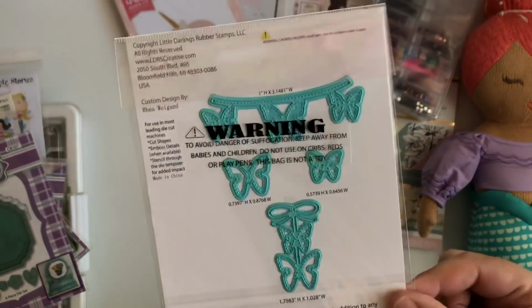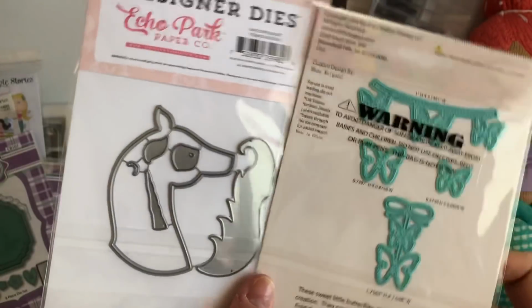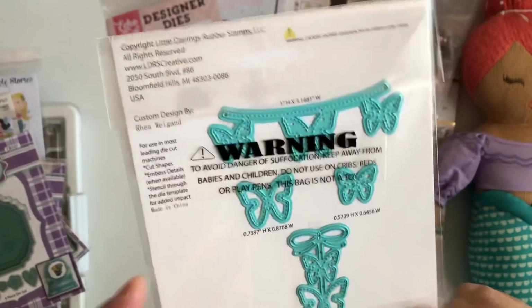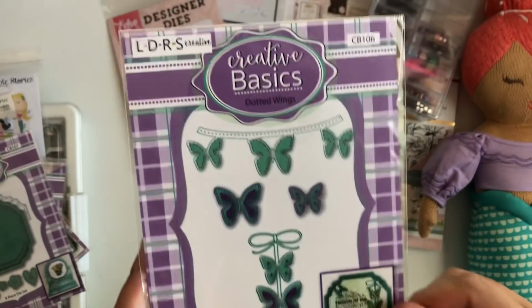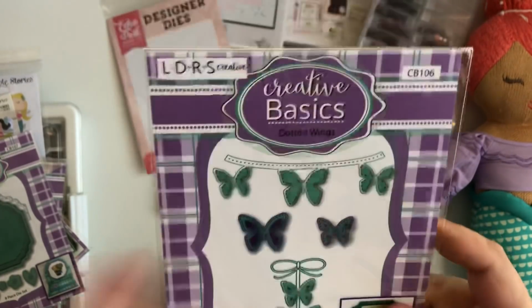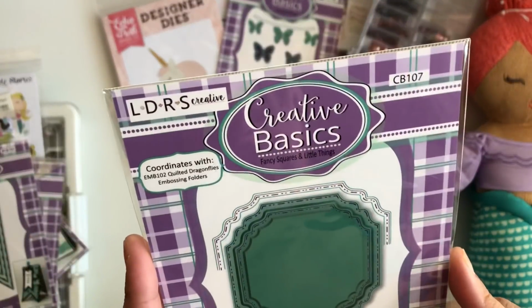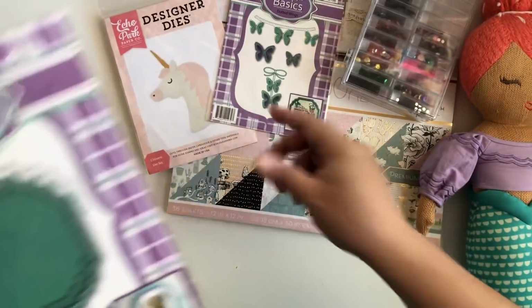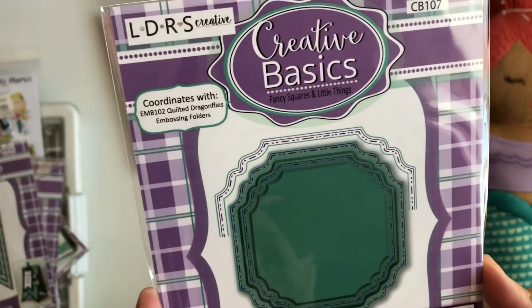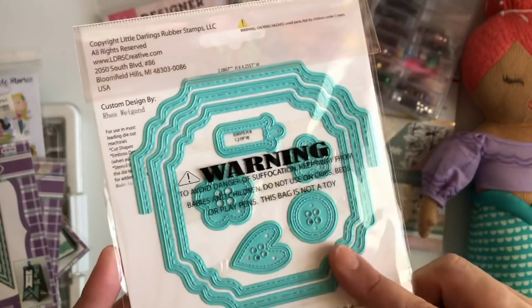I think they look so cute, and they're so much better than the silver, right? I just think they look cuter in colors. They should make them more colorful. Isn't that cute? So this is the first one, Dotted Wings. Second one is Fancy Squares and Little Things, and it's an 8-piece die set. Look, you guys, it's like a little frame set,